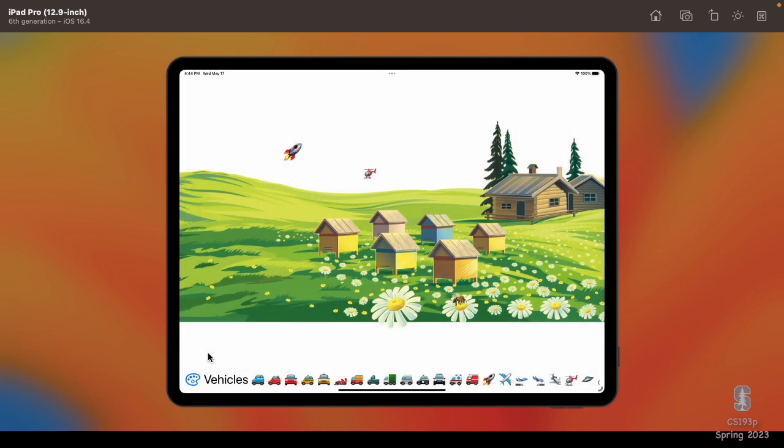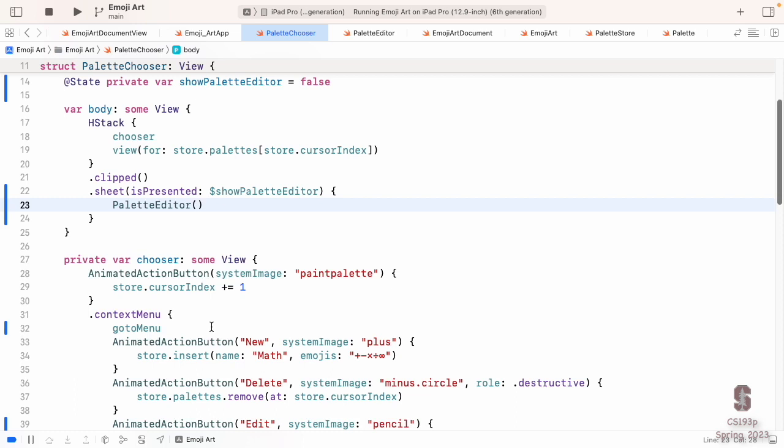But before I do that, I actually want to show you another way you can put something up on screen, which is a popover. Kind of like a sheet, but it's not so huge. It doesn't cover up the whole thing. And very importantly, it points to whatever it's modifying or whatever the context is. So if you have something that's very context specific, like it wants to point at the button that brought it up or some piece of text, you can use a popover.